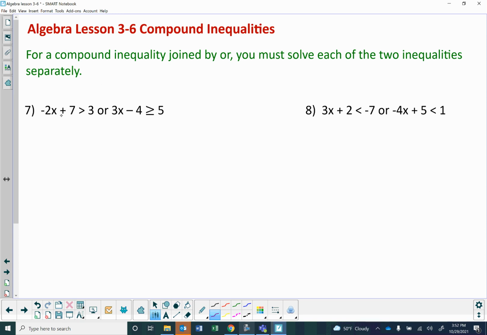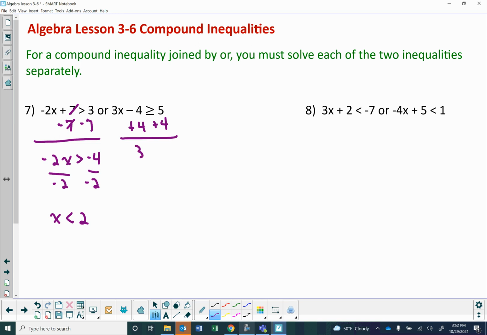So here, on the very first one, I will subtract 7 from both sides, and I get negative 2x is greater than negative 4, because the 7's cancel out. Divide by negative 2, and x is less than 2, because remember, when you divide by a negative number, the inequality symbol reverses. In the second one, I'd add 4 to both sides of my inequality, and I would have